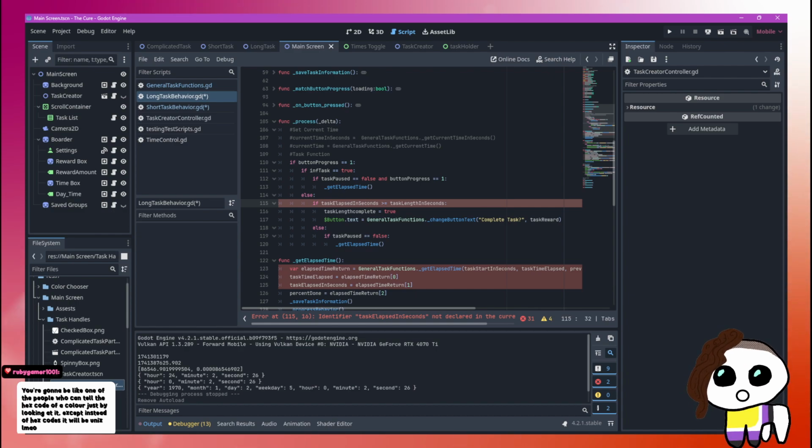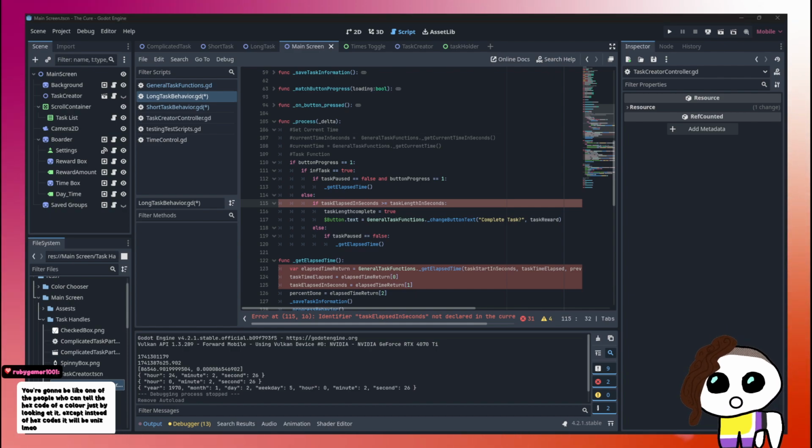It's got to be like one of those people who tells the hex code of a color just by looking at it, except instead of hex code, it's going to be Unix. See, the thing is, all I have to do is know a certain day, and then I just gotta be able to quickly do the math to add on from how long ago that day was. Or I just gotta know what day it is. I gotta know the Unix for midnight of today, and just be able to quickly add the math of the hours, minutes, and seconds. If I just get really good at adding thousands of numbers at once,